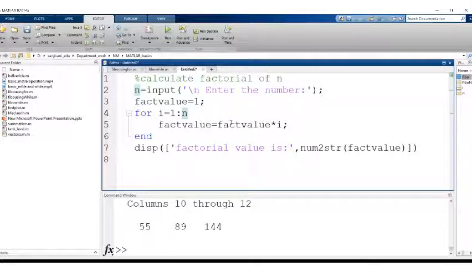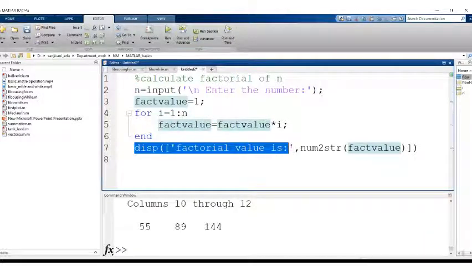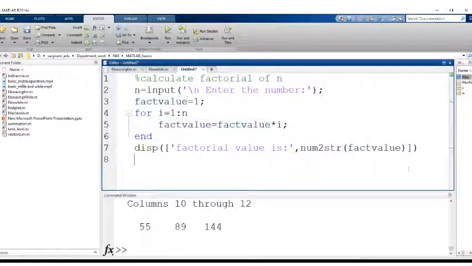When it is executed the second time, it will be 1 into 2, then the third time 1 into 2 into 3, and the fourth time 1 into 2 into 3 into 4, and so on. Whatever is the ultimate value, you are storing it in the fact value variable. And with this display statement you are displaying the factorial value.